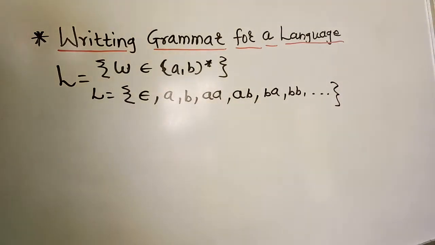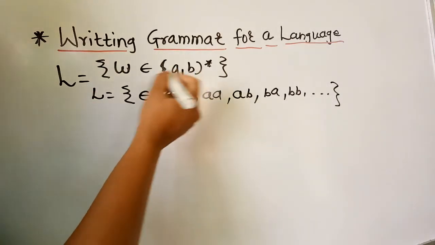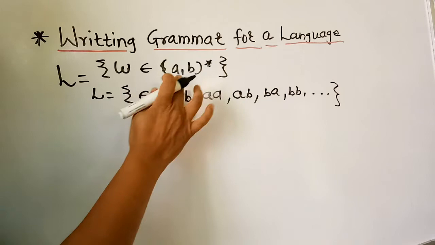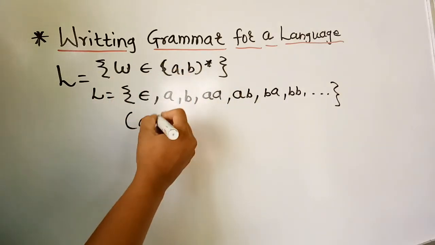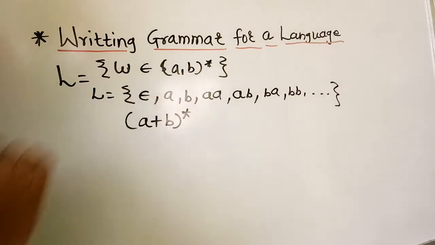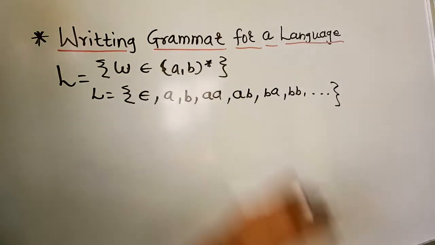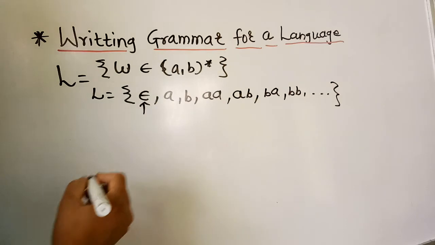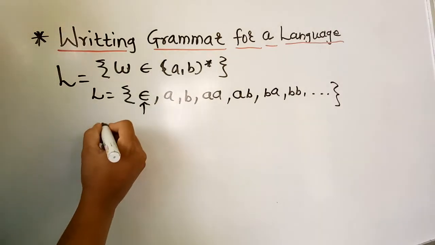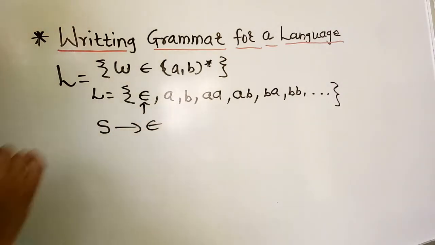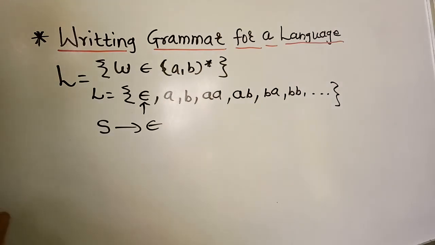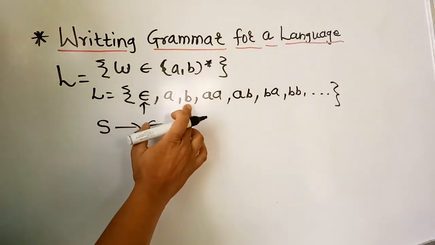Now, for this, if we try to write a regular expression, then what would it be? It is a language. For a regular expression, comma will be a plus sign, so it is a plus b star. So, for this, we have to achieve the grammar. We know here the starting term is epsilon, so one term is fixed for the grammar, that is S gives epsilon. Now here is a single A, single B.